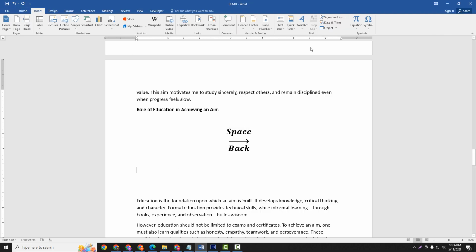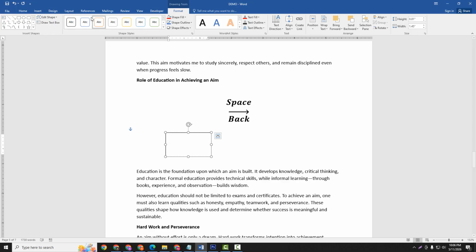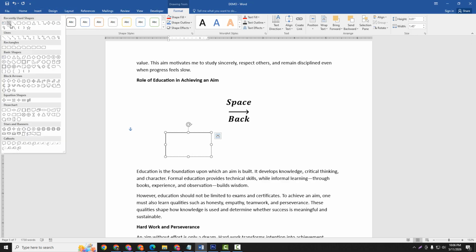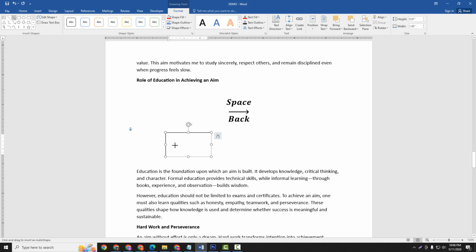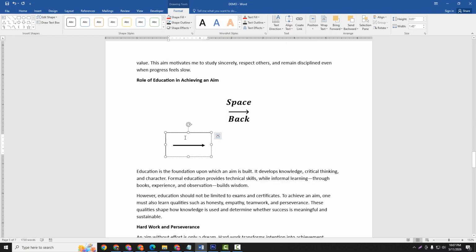Go to the Insert menu, then click the Text Box option and click Draw Text Box, then go to the Shape drop-down menu and we can see here the arrow shape. Now I am writing the arrow inside the text box, select the arrow shape, go to the Format menu, click Outline, make it black and increase the weight of the arrow, then write text